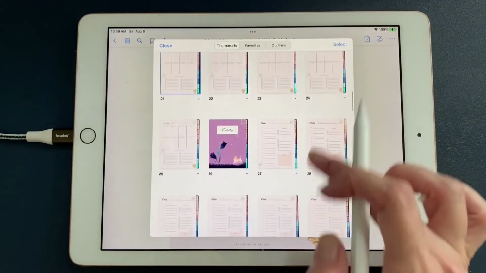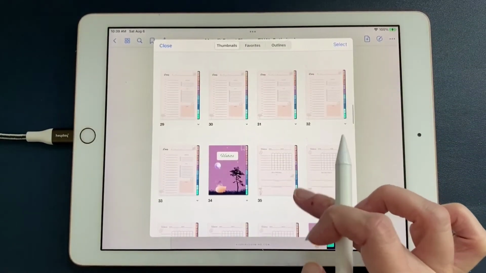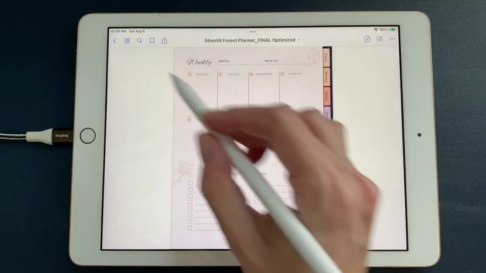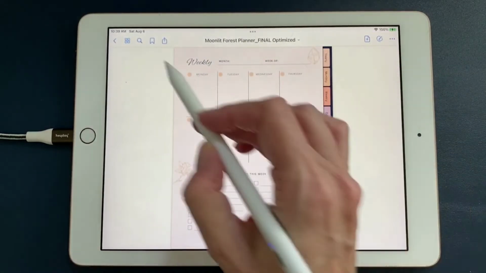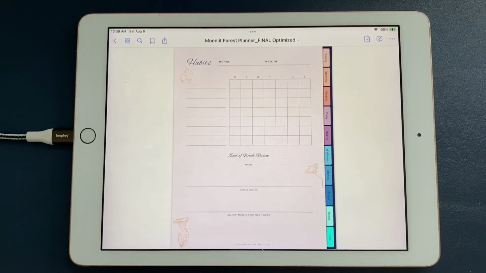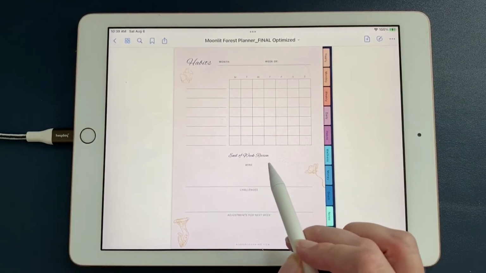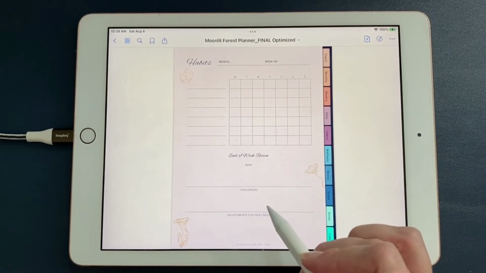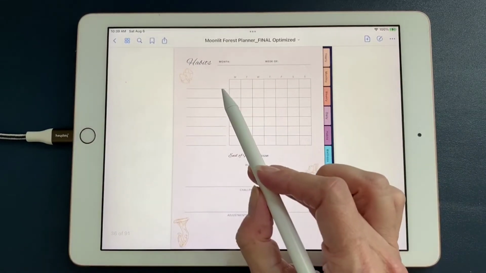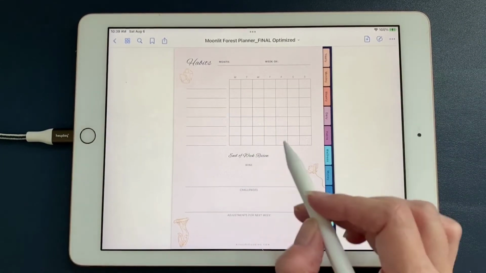So what you could do is go down to the habits section and choose to duplicate and move the weekly habits into the weekly section if you prefer to work with it that way. Again, you can also keep it in the habits section, but I just wanted to let you know that this is really customizable to work with however you want it to. The habits layout here has an end of week review where you can document your wins, your challenges, and adjustments for the next week. And there are, I think there's 1, 2, 3, 4, 5, 6, 7 spaces to write different habits you might